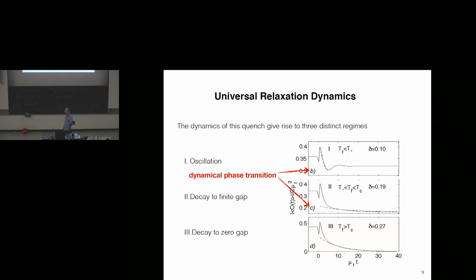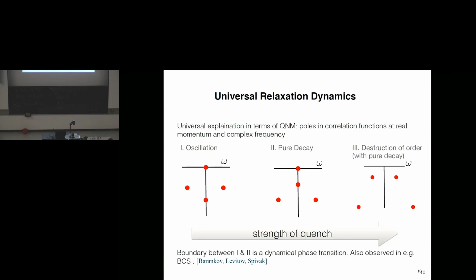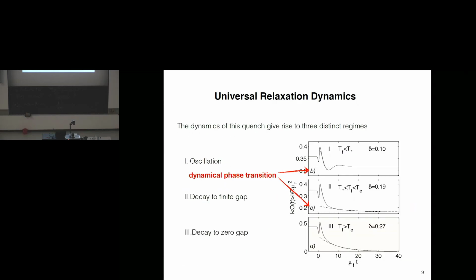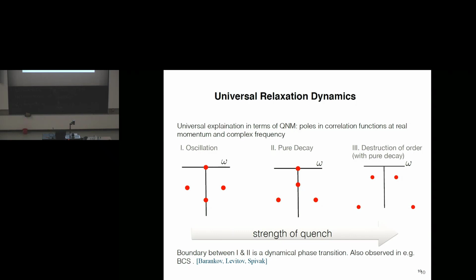Now, this is the result of one of these nonlinear time-dependent simulations, but really the moral that I want to extract from this is that all of this can be understood by studying these collective modes, the so-called quasi-normal modes of the system. That was also the case, or well, to a large extent the case in the previous speaker's talk, so this point I think is well made. This is a universal feature in holography. So by studying, instead of the full nonlinear dynamics, just the dynamics at late time in terms of these so-called quasi-normal modes, we find that we can actually